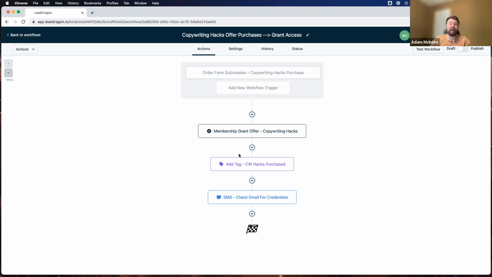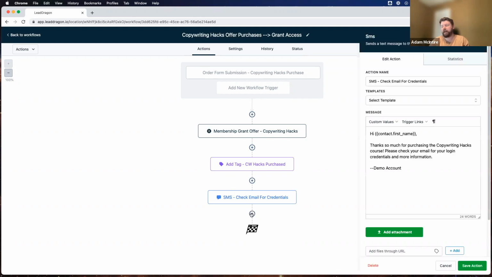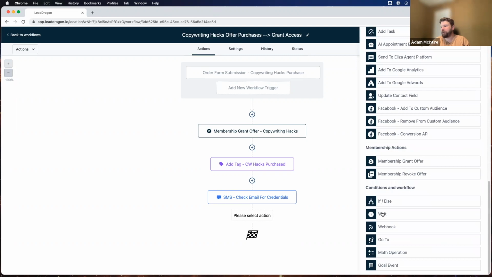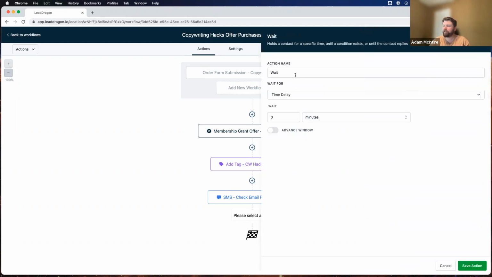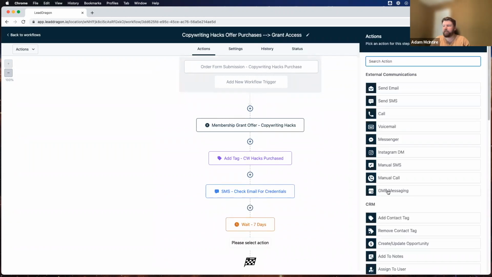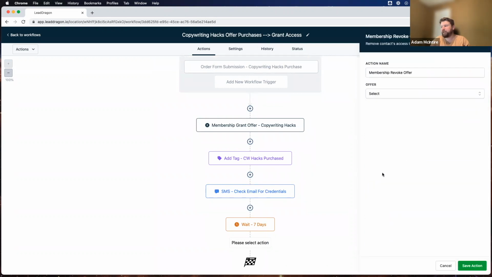So if that was the case, you could do something like this where you add a wait. We'll click the plus button here. You scroll down to the very bottom, add a wait, and we could say we're going to wait 7 days in this case. Oops, I had caps lock on. So time delay is what we want. And so we'll say 7. We'll change this to days. There we go. So maybe we wait 7 days, and then after 7 days, we revoke access to copywriting hacks